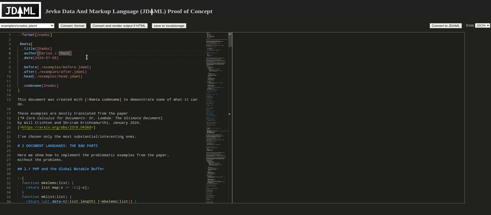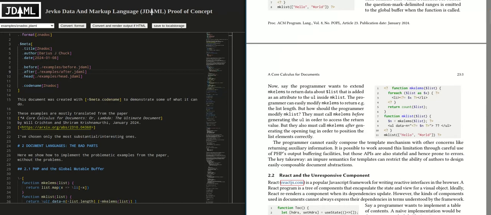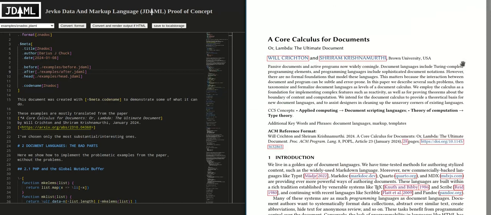Okay, so I want to show a little bit of what I've been creating for the last few weeks in the context of this new paper that came out just at the beginning of the year, which actually inspired a lot of features that I have recently implemented in this system. And so yeah, maybe I'll talk about the paper a